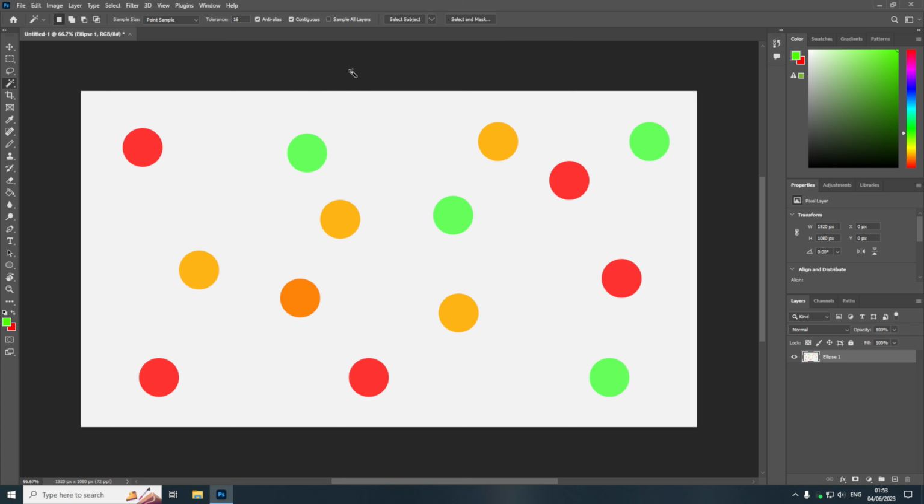Now with the magic wand as it is at the minute, if I just select one of the colours, so if I just select this green circle here, it will only select that single green circle, rather than all of the green circles in the image. Now that is because the contiguous option is selected, so that will only select things that match the selection that are all joined together. So what we're going to do is unselect the contiguous option, and then